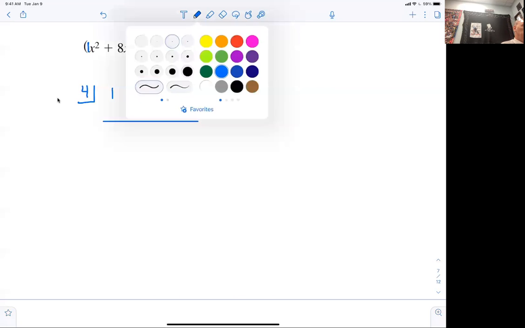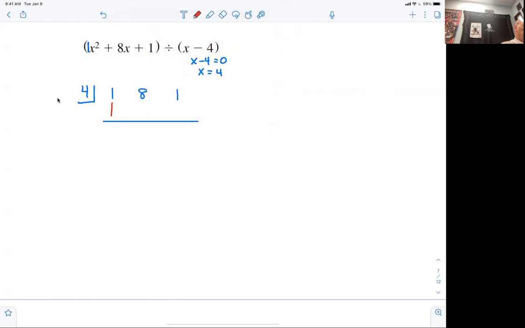Step 1, you always bring down the first number. So that's a 1. Then 1 times 4 is 4. Then you add those numbers together. 8 plus 4 is 12. Then you multiply 4 times 12. Then you add